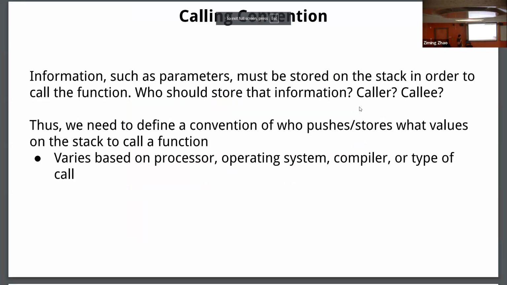Okay, let's get started. So last week we were talking about calling conventions. A calling convention defines what the callers do and what the callees do. For different compilers and different developers, as long as they follow the same convention, their programs can talk to